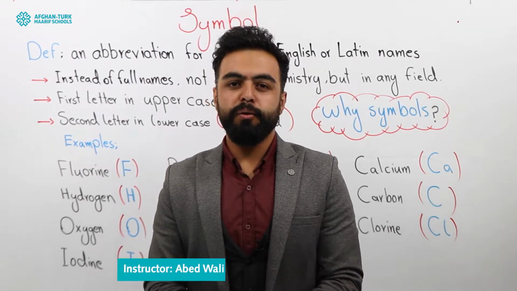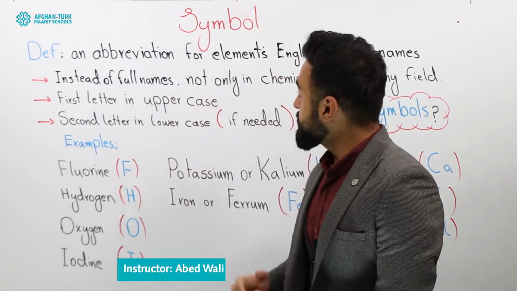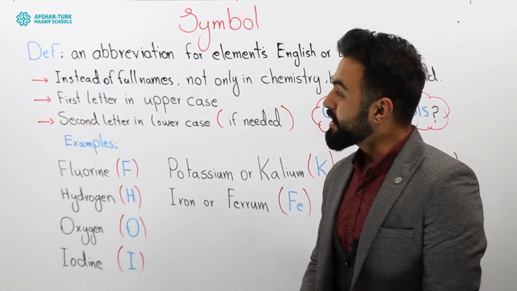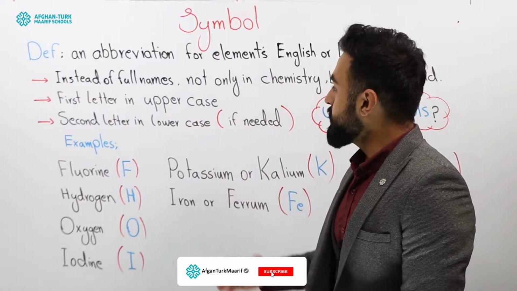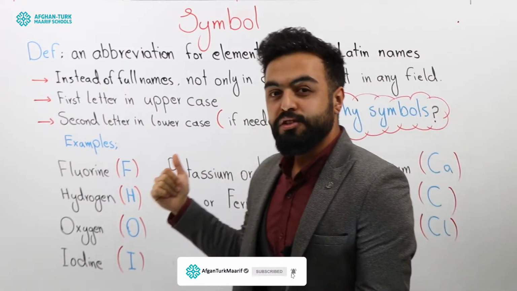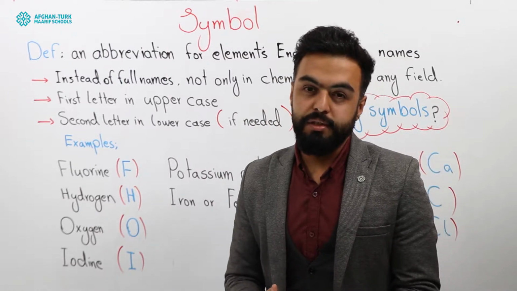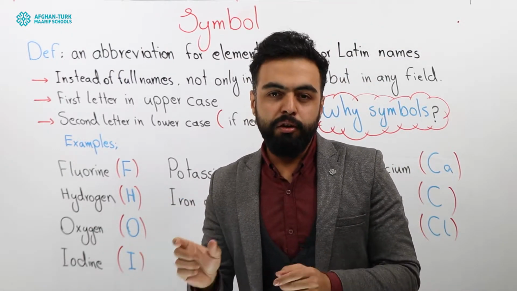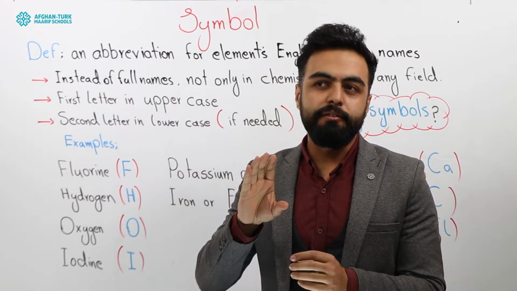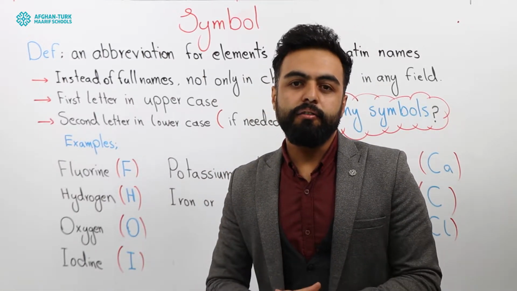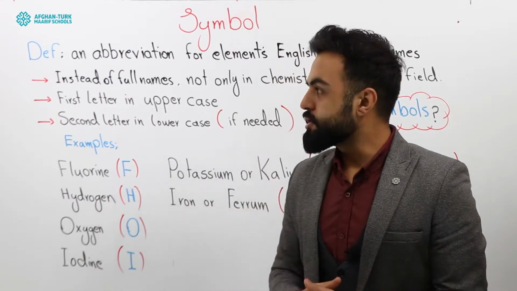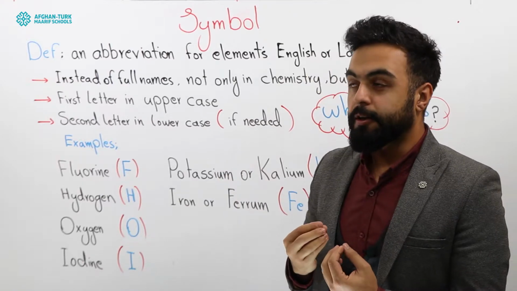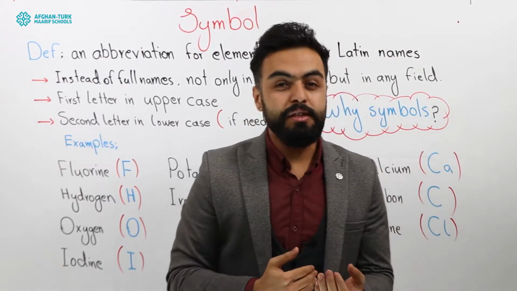Today we are going to start with a new topic which is called symbol. So what is the definition of symbol? Definition of symbol, it is an abbreviation for elements' English or Latin names. So instead of using their full name, we use only the first or the second letter of their name as an abbreviation. So it is used instead of the full names, and it is not only used in chemistry